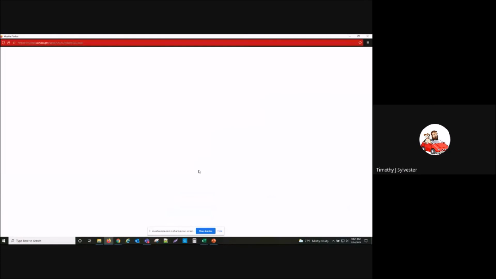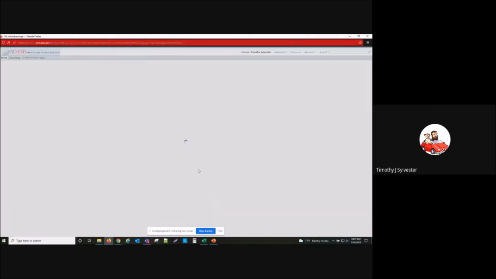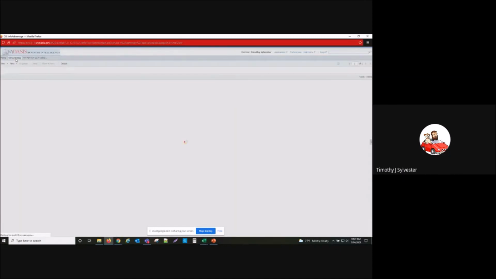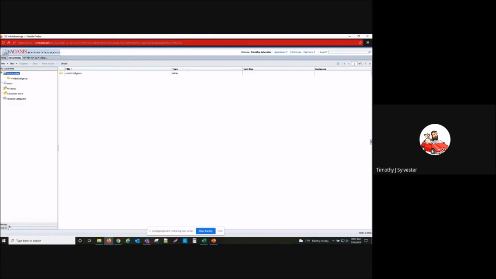And it's going to think real hard and open up. And where all these reports are located at, after this 311 upgrade, things kind of got moved around and are a little bit harder to find. But where everything's pretty much located is if you go to documents up here at the top left, and then under documents, down under folders,